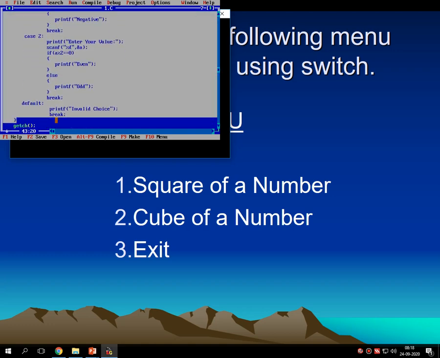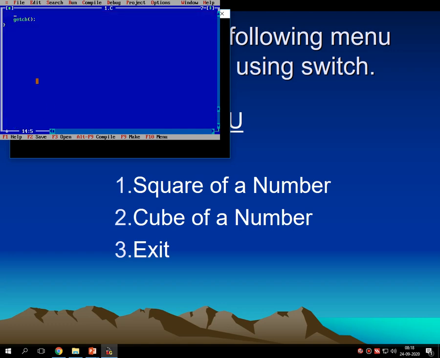Now inside the structure of C, here what I am mentioning, for cube and square a single variable is required. So this is the proper variable declaration. A is the number and ch is for the choice.